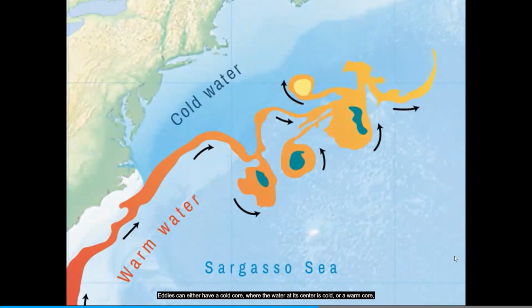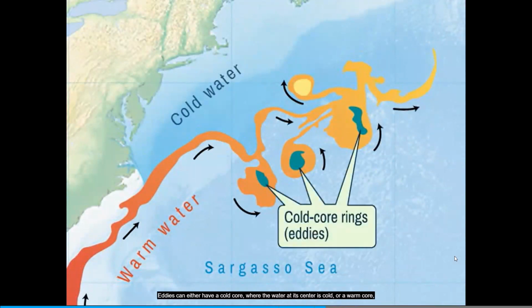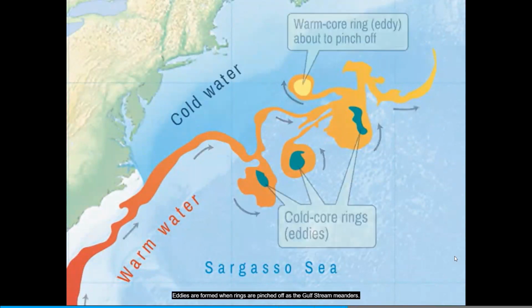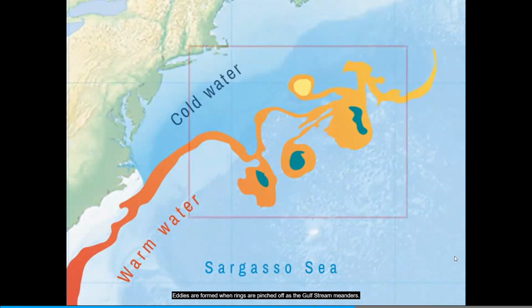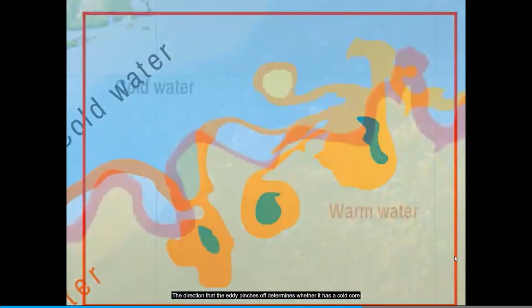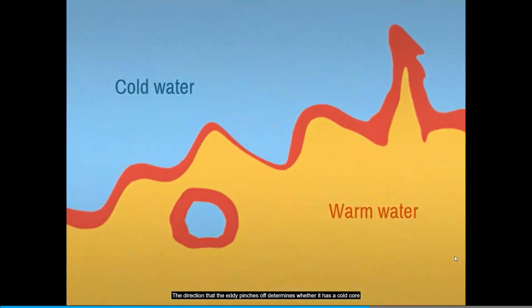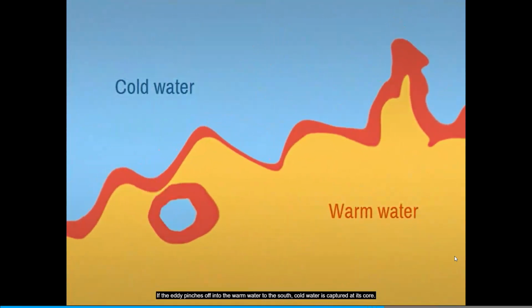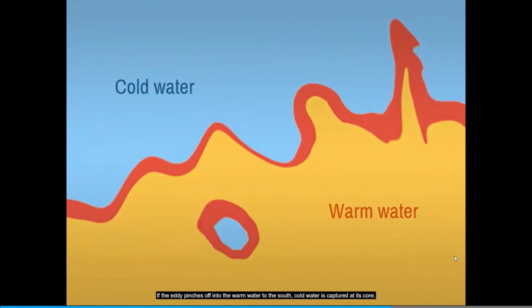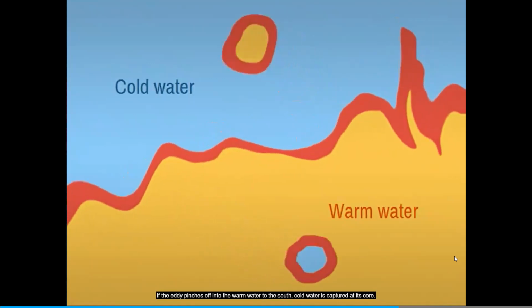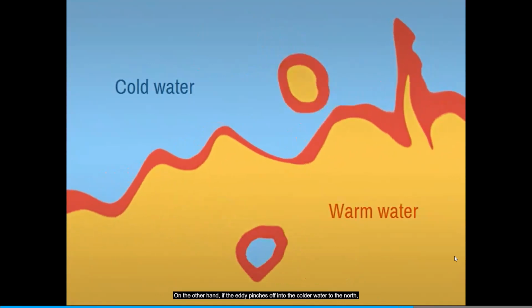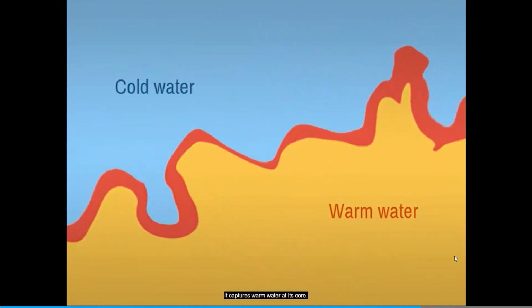Eddies can either have a cold core, where the water at its center is cold, or a warm core, where there is warm water at its center. Eddies are formed when rings are pinched off as the Gulf Stream meanders. The direction that the eddy pinches off determines whether it has a cold core or a warm core. If the eddy pinches off into the warm water to the south, cold water is captured at its core. On the other hand, if the eddy pinches off into the colder water to the north, it captures warm water